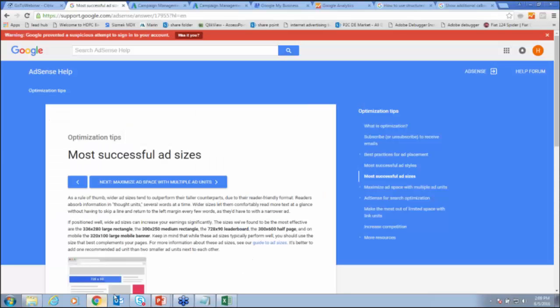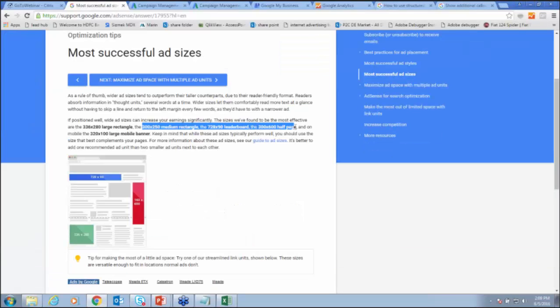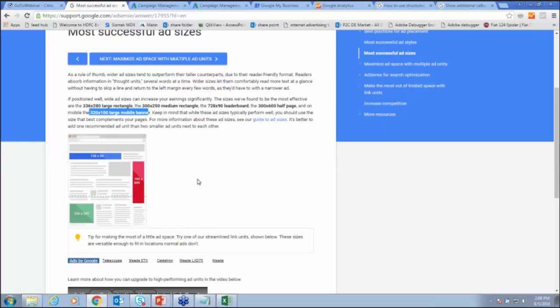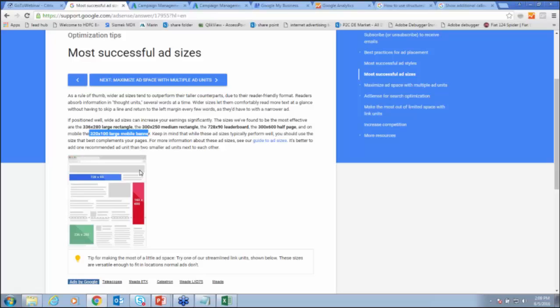Google has done this research and mentions the most successful ad sizes: medium rectangle, leaderboard, half page, and large mobile banner. These are different sizes which usually, across the industries, have the highest click-through rates and which should be prioritized. And similarly, if you go to the IAB website,